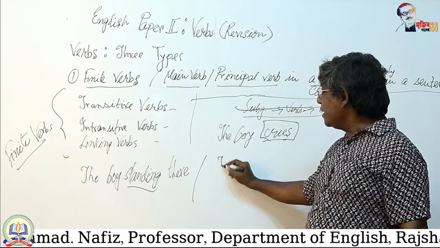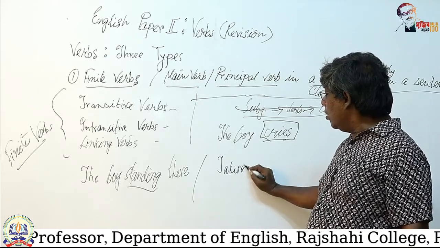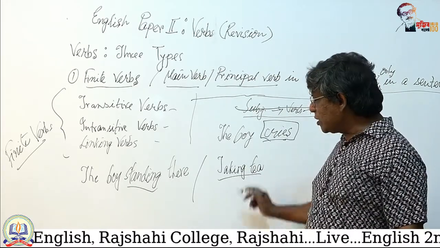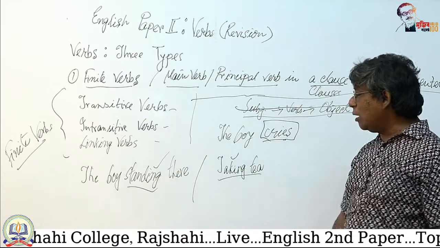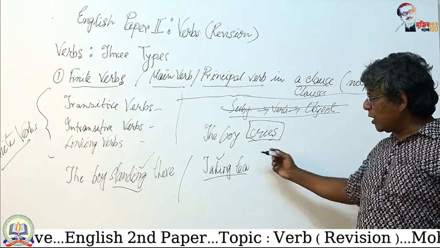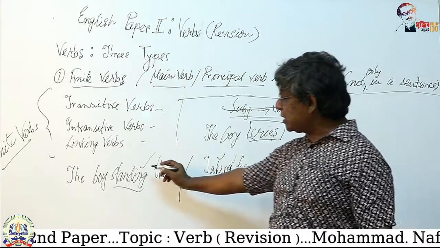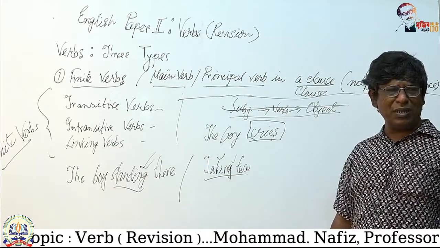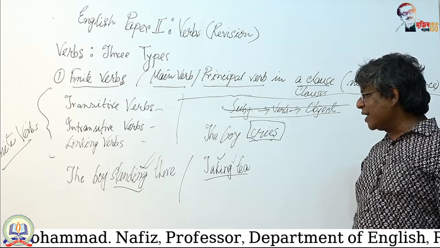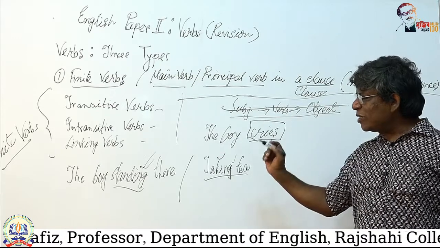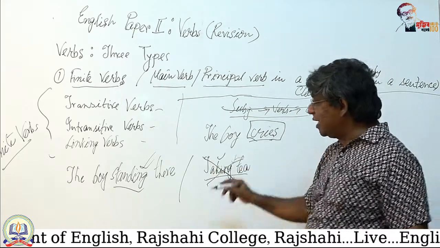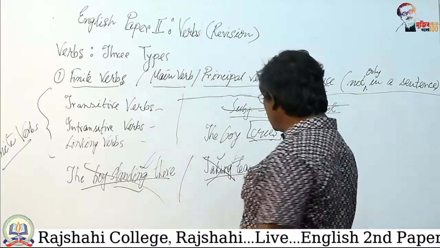Or "taking tea." This is also not a finite verb, because neither taking nor standing is in any of the 12 verb forms. You cannot call it a continuous or perfect continuous tense, because standing or taking does not have any auxiliary verb and therefore they do not make any particular tense form and thus they cannot be called finite verbs. Since there is no finite verb in the expression "the boy standing there" or "taking tea," these are not sentences. To make a sentence you need to use at least